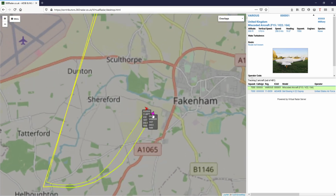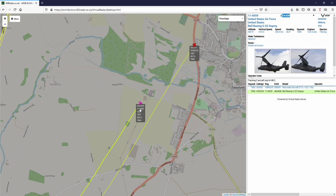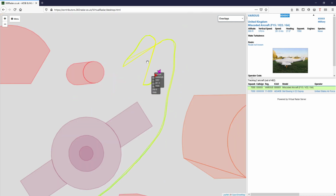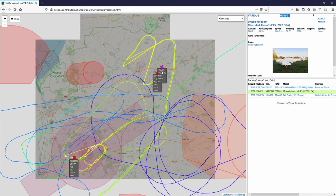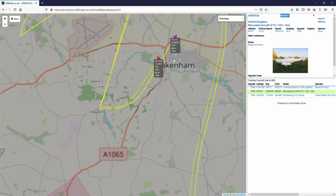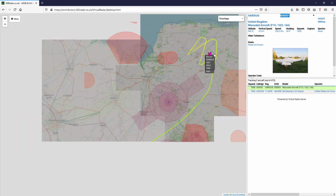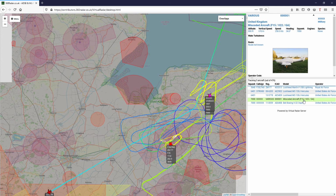His mate over there, let's see if he's flying on there we go, he's flying on a valid hex code. That's why we've got his registration there. But this guy, he's not. We don't know who he is or what he's doing. Now, we can work it out because he's flying with another Osprey. He's got a call sign of XXX, which seems to be the call signs that the Ospreys are going in. We can look at his height and his speed and maybe even his squawk code, and we can work it out. But if that was flying on its own, you might not be able to distinguish it from an F-15,